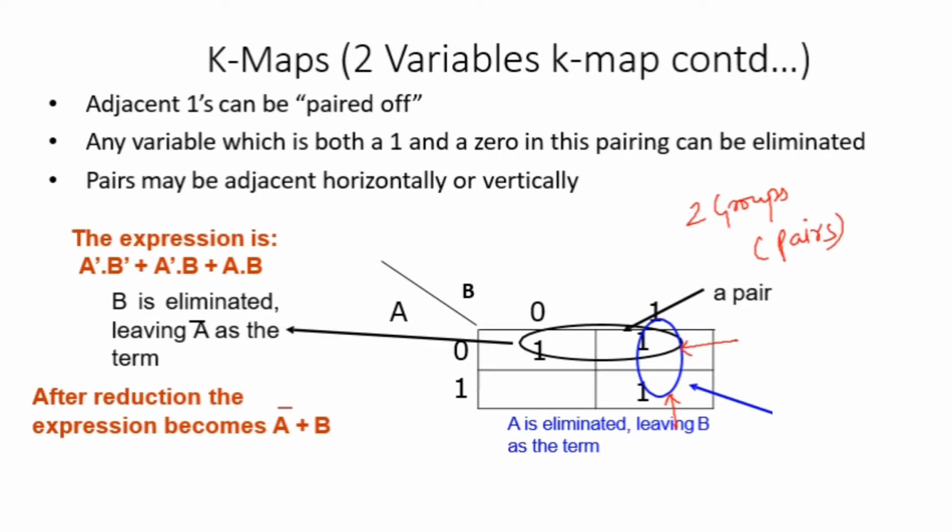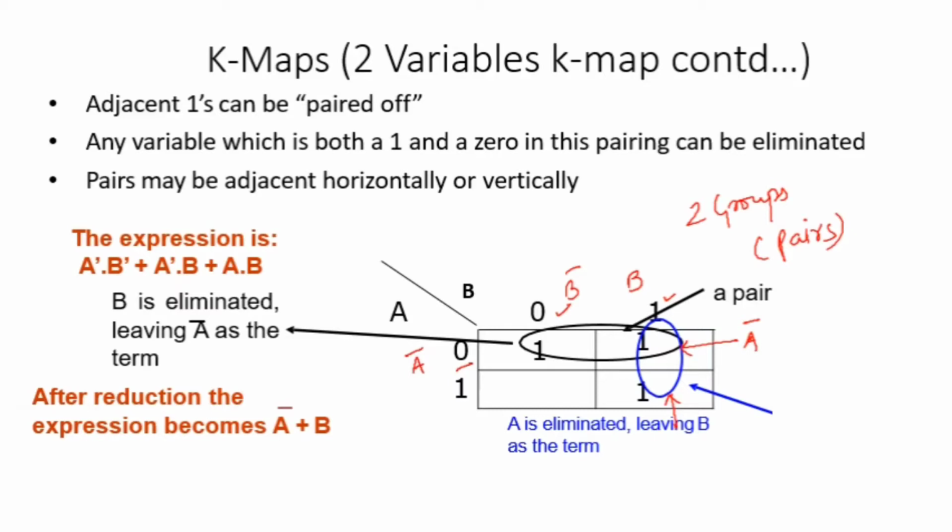That means if we can see here, this horizontal group is giving me this 0. That means this 0 signifies a bar. And this horizontal group is giving me here b is equal to 0, b is equal to 1. That means b bar and b. That means there is nothing common between these two ones. So there will be no common term from the columns. So from this horizontal pair I am getting a bar.